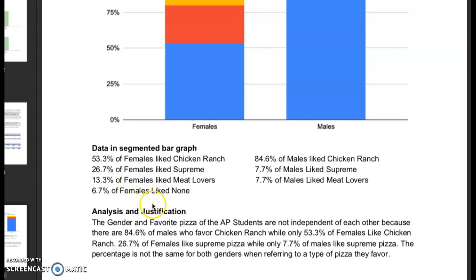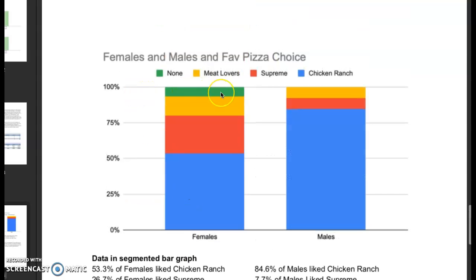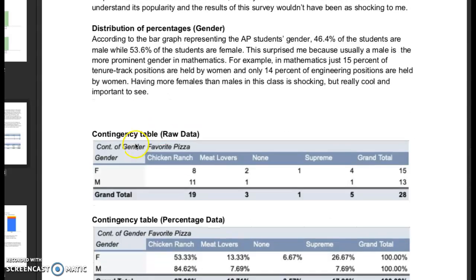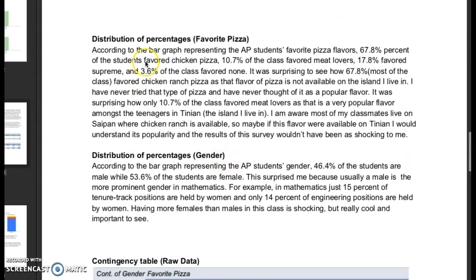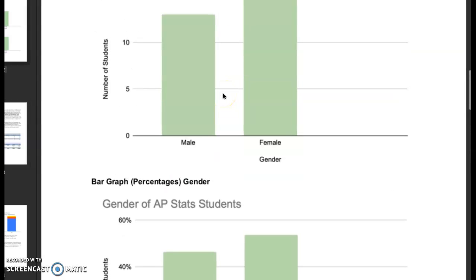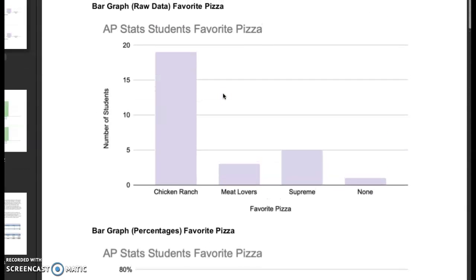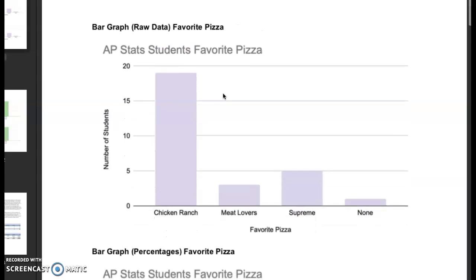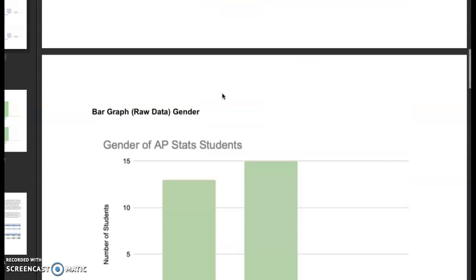So this is my analysis and justification of my segmented bar graph, my contingency tables, my analysis of the distribution of percentages per categorical variable, and my bar graphs of each raw and percentages, and hopefully I explained this quite well,